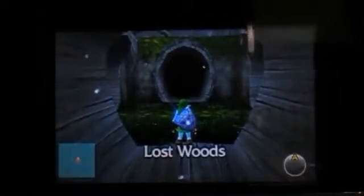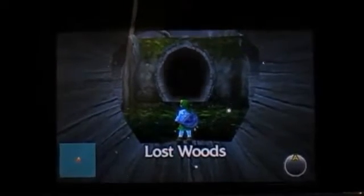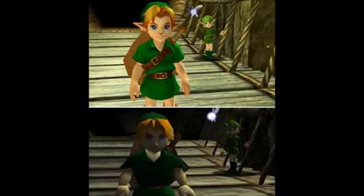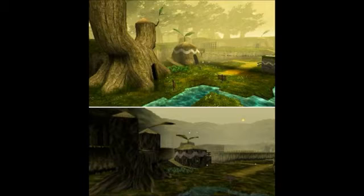It's a complete remake to where they didn't just slap some new graphics on it and then slap a $40 price tag on it. No, there was a lot more attention to detail to this game. They made sure that the graphics looked like the original artwork of the game, because the limitations of the N64 didn't have the power to make the characters look like the artwork, which is what Miyamoto really wanted to do. And to put on the 3DS hardware was really...